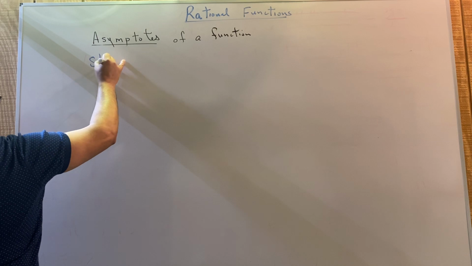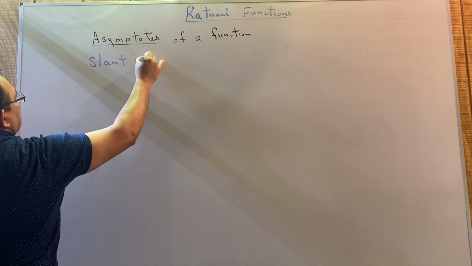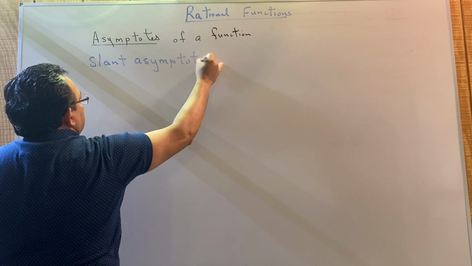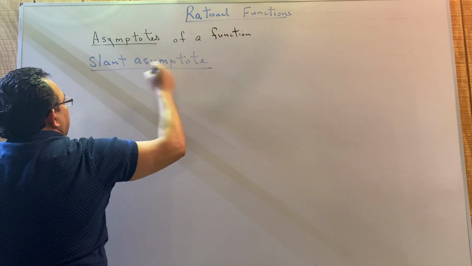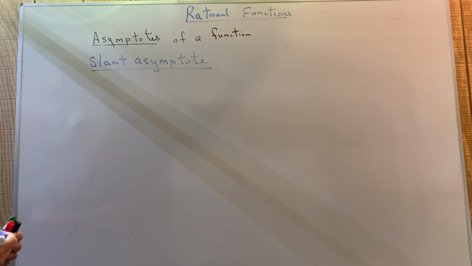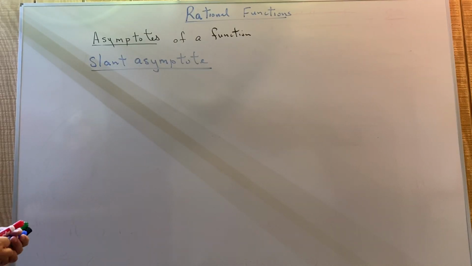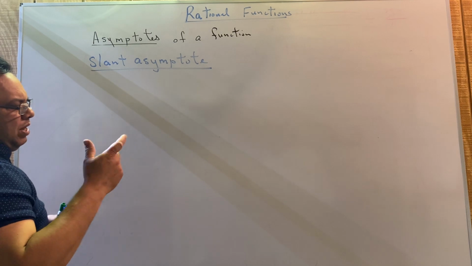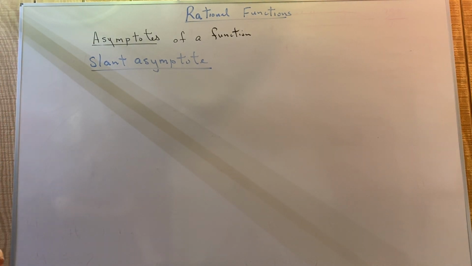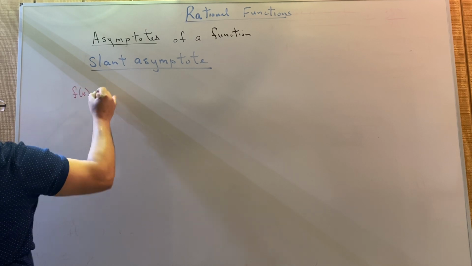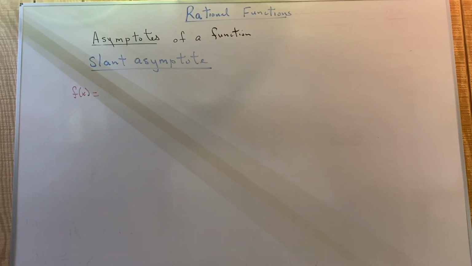Slant asymptote. Sometimes you will see it called oblique, right? We said that with a slant asymptote, we can tell just by looking at the function. If I have the function f of x, and I'm going to take the example that I talked about in the class notes,